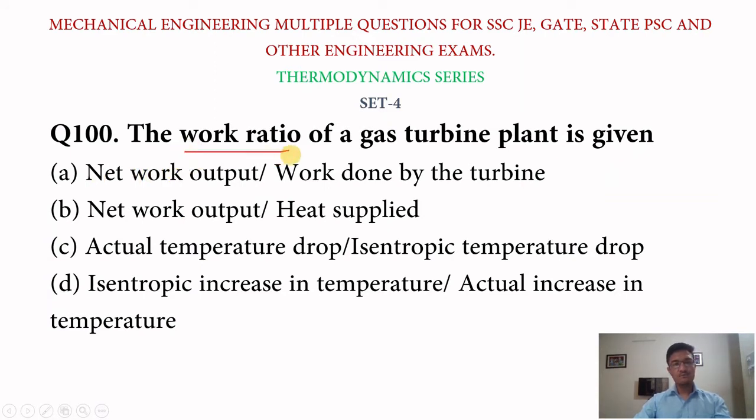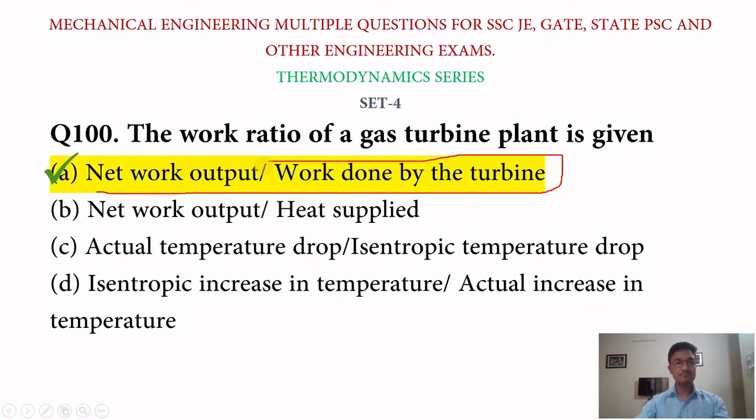The work ratio of a gas turbine plant is given by option A, net work output divided by work done by the turbine. Option B, net work output divided by heat supplied. Option C, actual temperature drop divided by isentropic temperature drop. Option D, isentropic increase in temperature divided by actual increase in temperature. So the answer is A, that is net work output divided by work done by the turbine is the work ratio. Now the next question is,